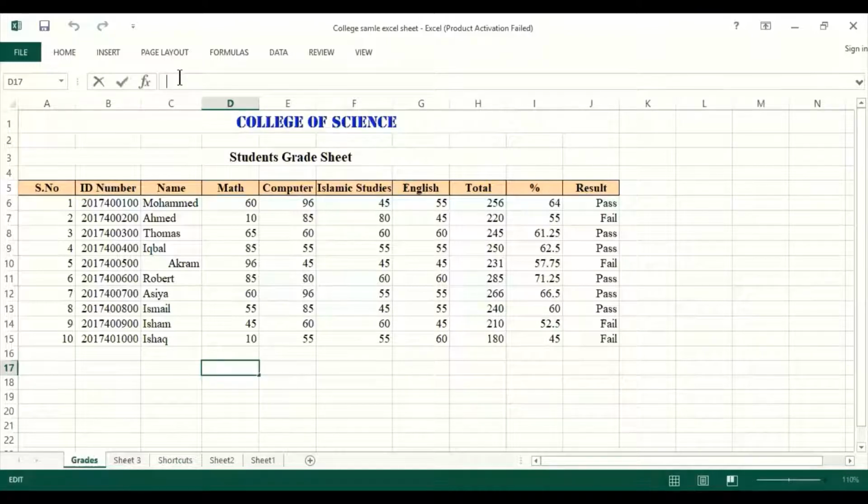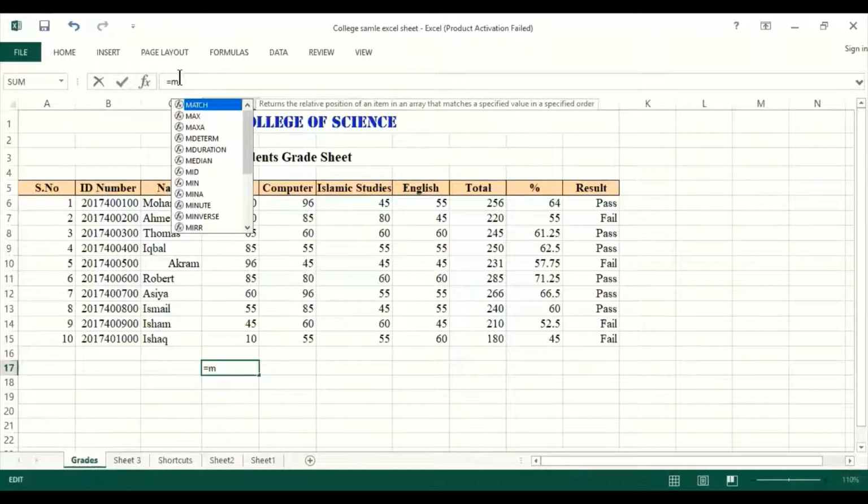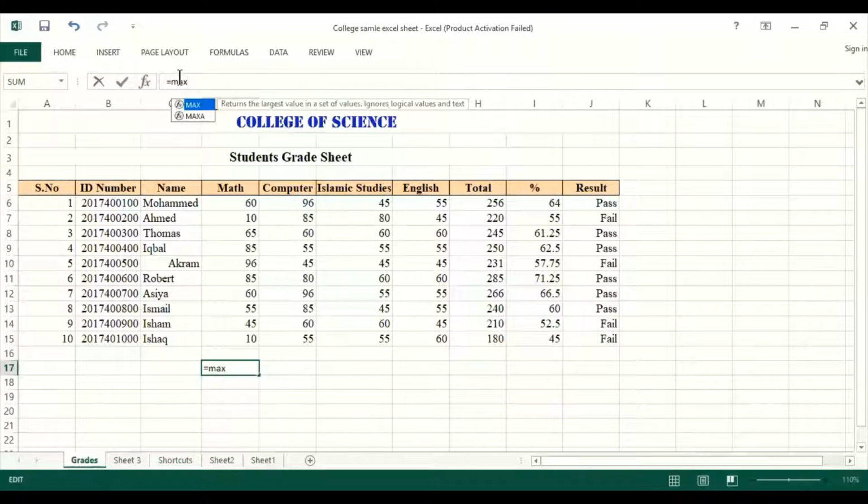Then I will write the equal to sign. It is necessary to write the equal to sign before writing any formula. So I want to apply MAX, M A X, and after that you have to open the small bracket and mention number one, comma, number two, or the cell addresses. For example, from where to where you want to calculate the maximum value.